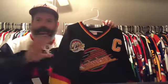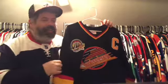Now the cut of this jersey, the fabric of this jersey, is going to be generic. It's going to be all across the board. Every single jersey they make for the Power Play collection, not easy to say, is going to be exactly like it is here on this Trevor Linden. Whereas before they would try to be a little more era specific with the materials, they're not going to do this, and then they didn't do it with the